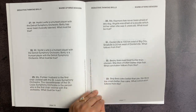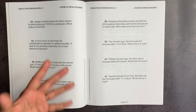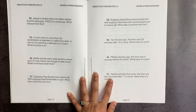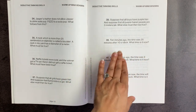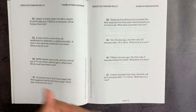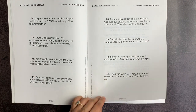I think it's really good practice actually for little kids to hear something that's not so literally stated and then be able to understand what the meaning is underlying those comments. So some of it, like I said, is straight math, like 10 minutes ago, the time was 25 minutes after 10 o'clock. What time is it now? It's an irregular way of asking that question, but definitely shows you whether the child actually understands that concept